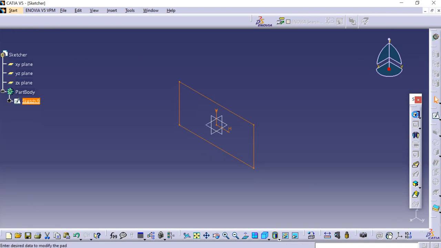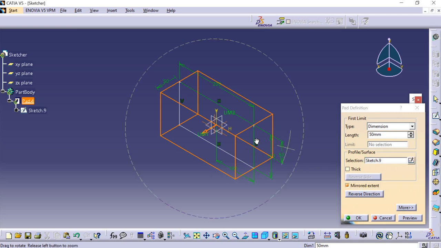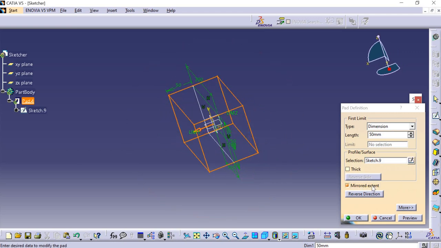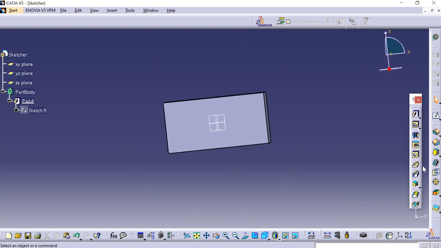Now let us pad it, give it some dimension. Mirror extent is where it will extend on both the sides. If we uncheck it, it extends only in one direction, and if we click on the arrow, it will go to the other direction. So let me do it in mirror extent and give it 25 mm. Click on OK. Now let us create a shell